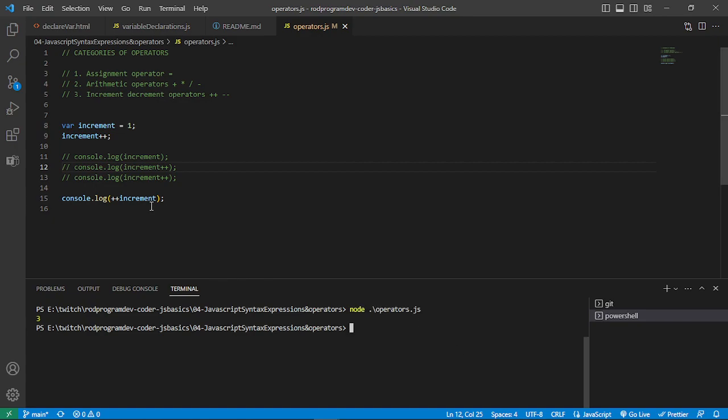So that's what's happening right now. You would see we are able to print out 3 because we have the initialized value of 1. We incremented it by 1, and then we wanted to evaluate the increment and then print it out on the console. Unlike when we tried to do this, or this example that we have here,